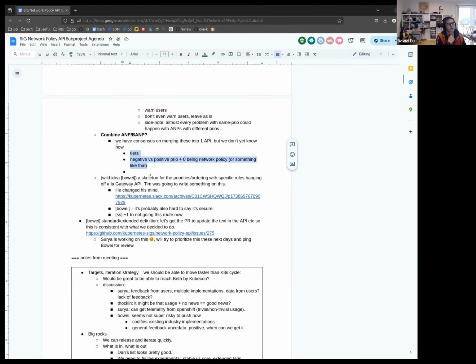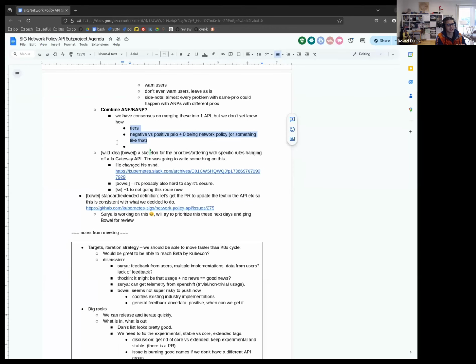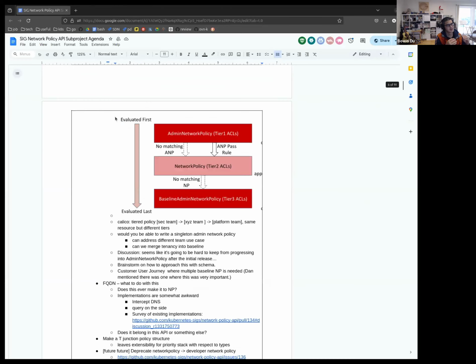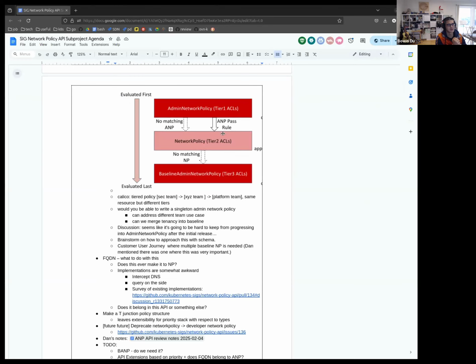One reason I'm saying combining it is it also helps explain the behavior to the user, because right now, reading the API docs, you actually have to read a separate API to understand how it slots in. Whereas if you just tell users, here's how things are ordered or prioritized, it just happens to be number X, and it's at the bottom or something, it's way easier for people to understand than, well, there's this new type and it behaves like this, but it's a new type, so maybe it behaves a little bit differently. I think that just introduces complexity.